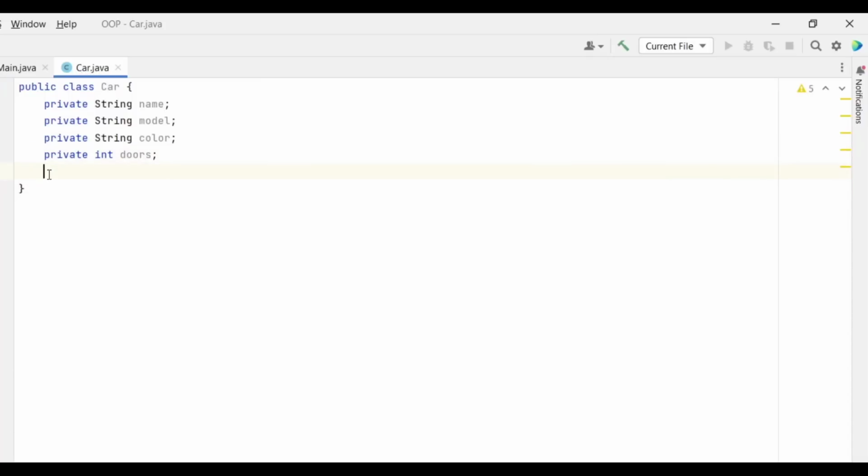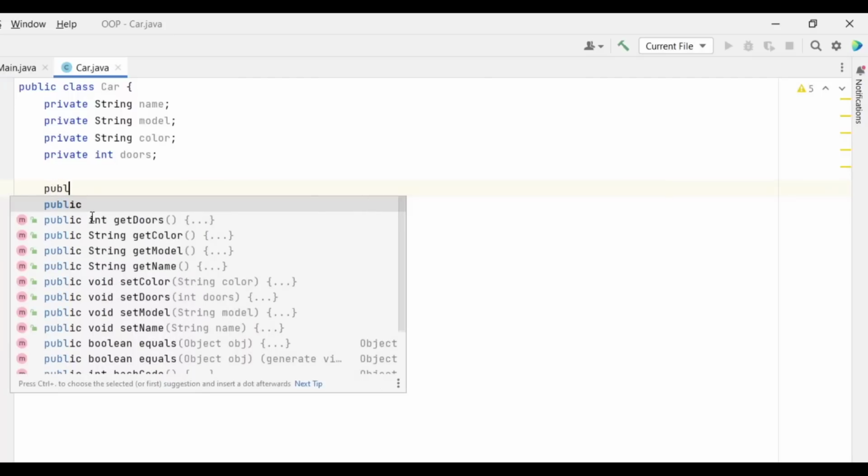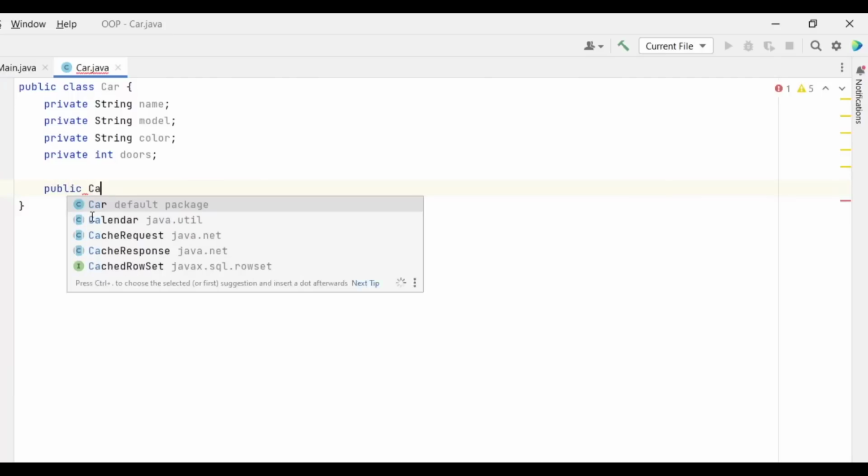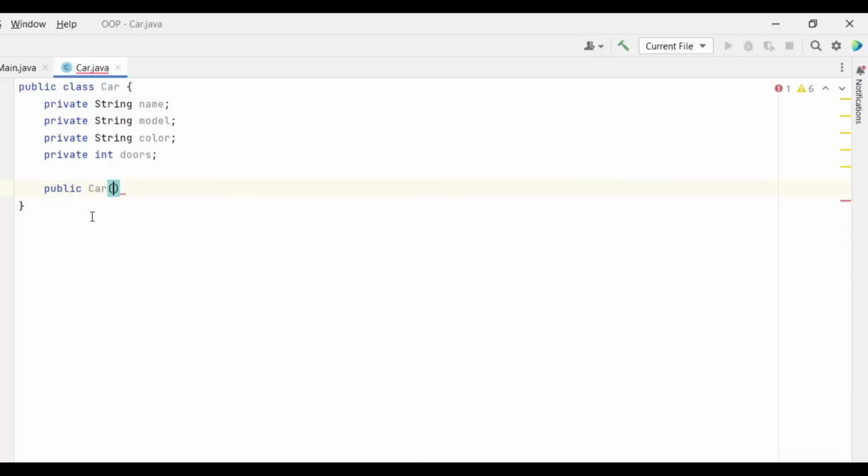But now how are you going to use this thing that we have here to create an actual object? We first need to create a constructor, and as the name implies, the constructor is used to construct an object. To create a constructor, you just type public, the name of your class, so Car, parentheses, and inside the parentheses we define parameters.